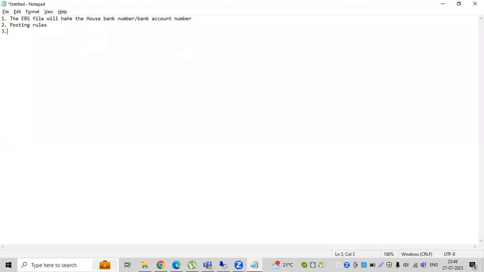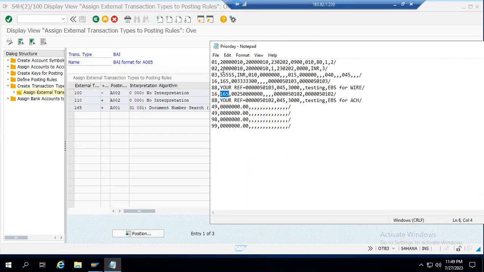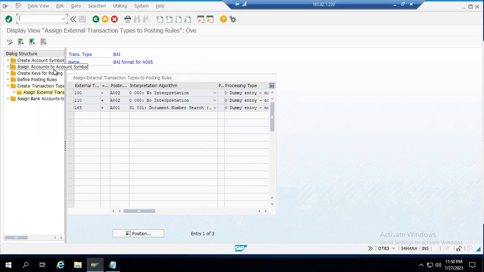Then what would be the third checkpoint? House bank and bank account number. So let's say the bank is sending a file. In that file, the bank has given inputs for the bank statement. This is the house bank. This is the bank account. But these two things we must create in the system and keep them ready. Then where can we identify the bank details? Go to the transaction code